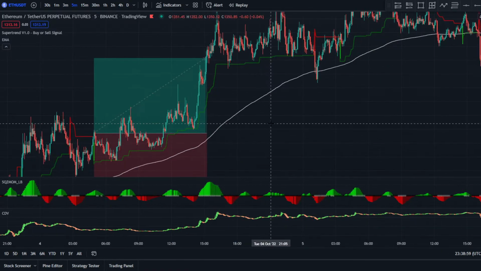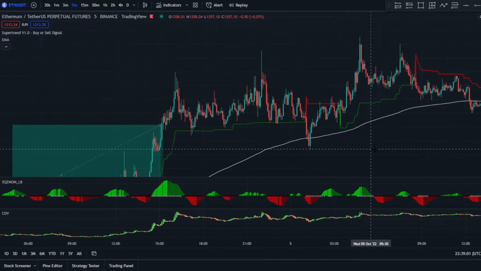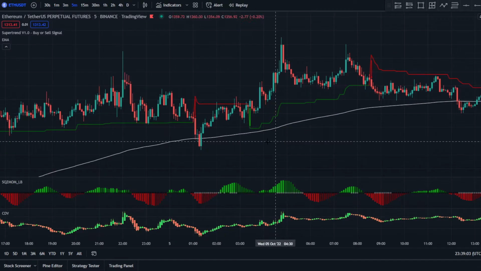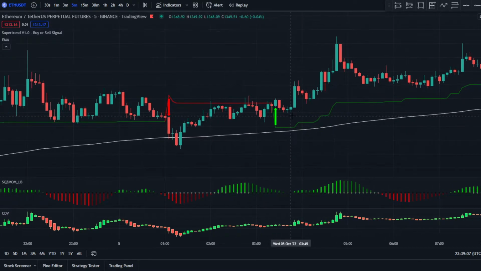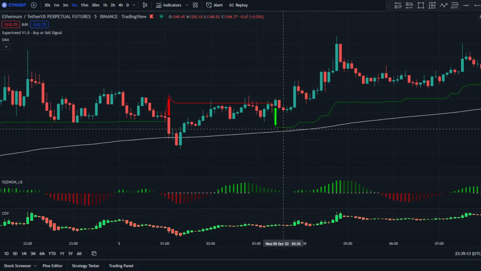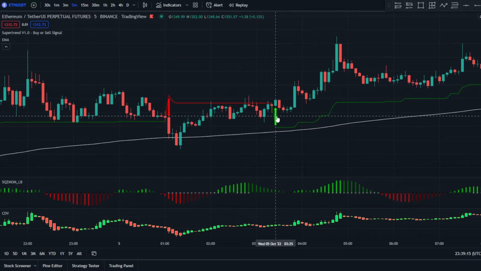So that will be another win, and as you can see, we are just following the trend, and we have another win just based on following the trend. So here is where we would not take another trade, and let me explain to you guys why we won't take this trade. So we have price above the super trend, price above the 200 EMA, and we have a